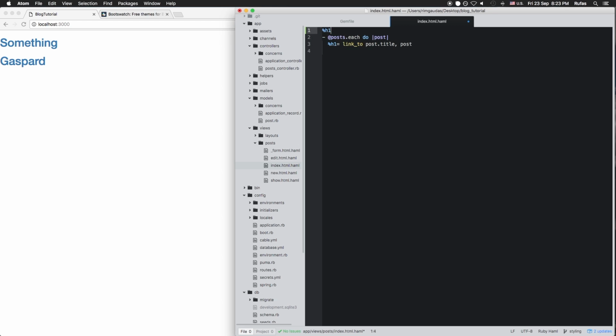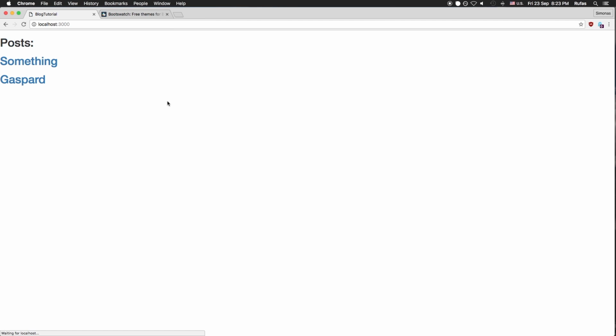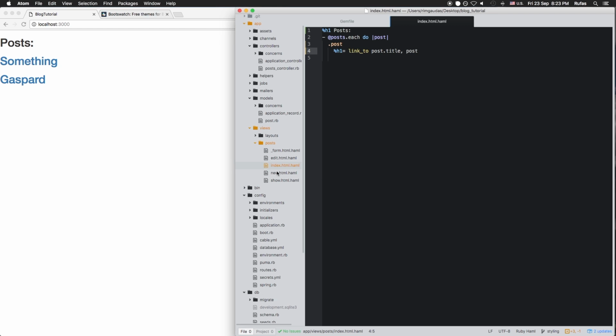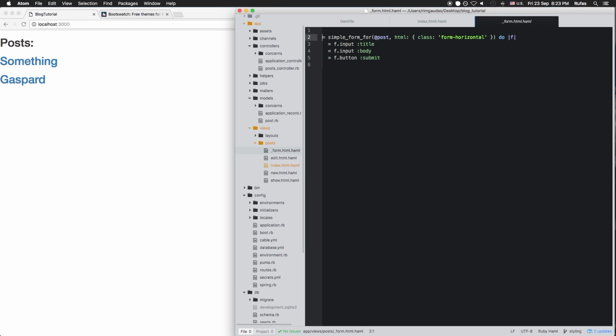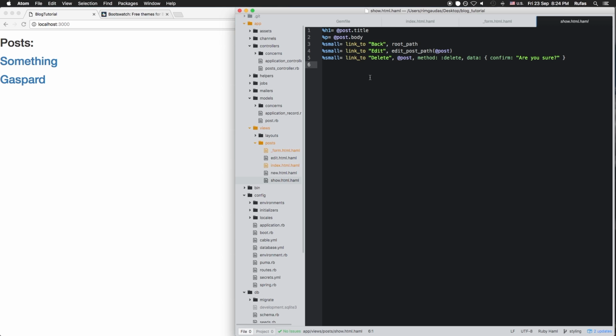page, and all we need to do here is just add posts and post class right here. As you can see, nothing happens yet, but let's style the form right now, and all we need to do right here is just add a form class and indent this. Now let's go to our